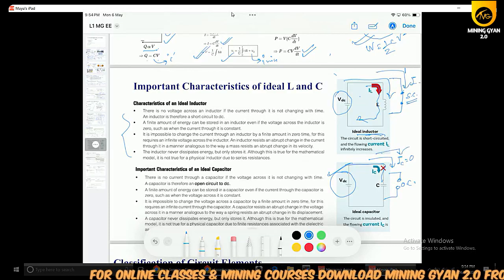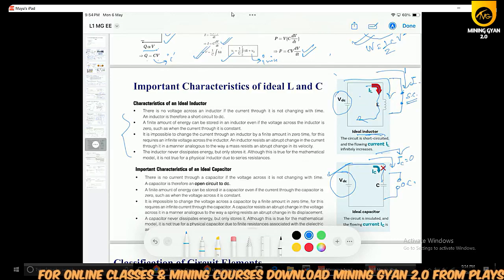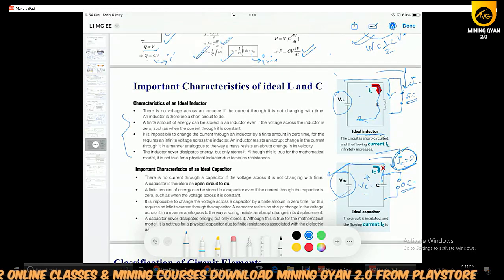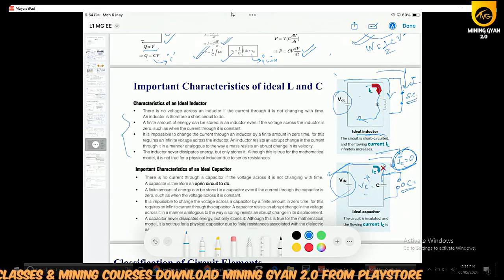In case of a capacitor, a sudden impulsive voltage will be there across the capacitor, that is the VC, and that's why it will get charged within no time, and it will behave like an open circuit, and hence the current that is flowing through this capacitor will be zero. So that is the ideal condition of a capacitor, or ideal condition of an inductor,